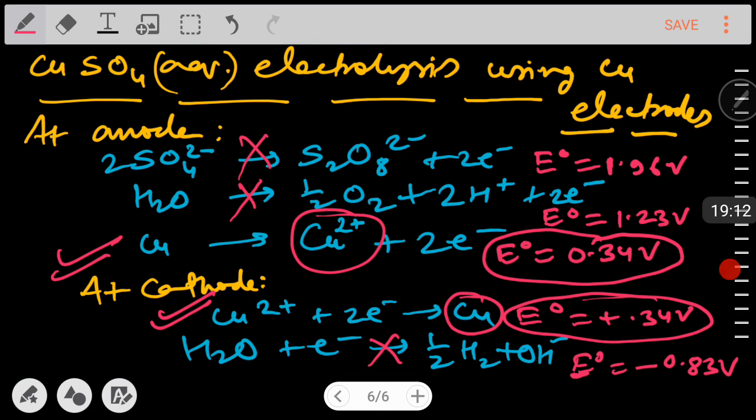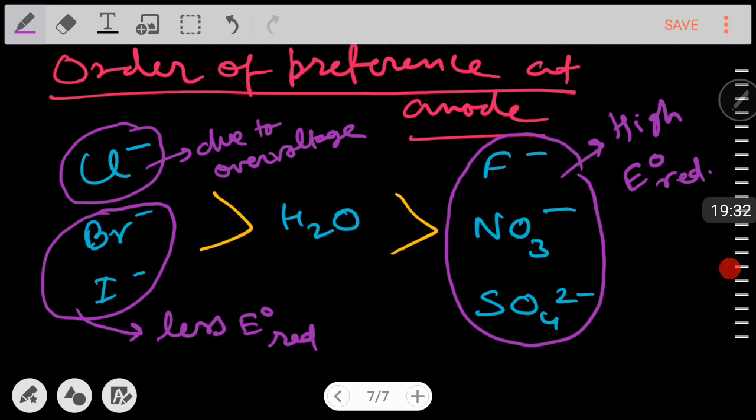So at the anode copper will be oxidized to give Cu2+, and at the cathode Cu2+ will be reduced again to copper. So these are the products of electrolysis when you electrolyze copper sulfate aqueous solution using copper electrodes. Now I have made here a general order of preference